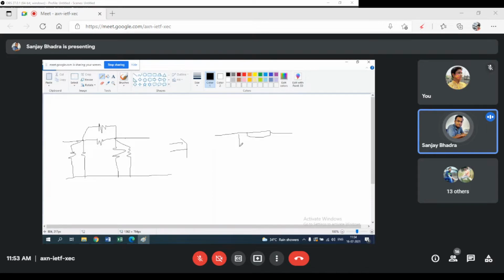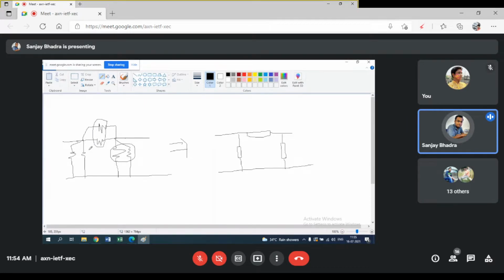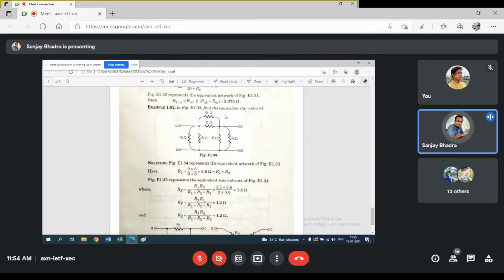So what you are going to do is find out the equivalent resistance for these three things, and bring down to a figure like this one. How do you do this? You basically take the equivalence of this portion, equivalence of this portion, equivalence of this portion, and equivalence of this portion. Understood? This is what you need to do over here. Now let us get back to the problem. Can you see the problem now? Yes, sir.